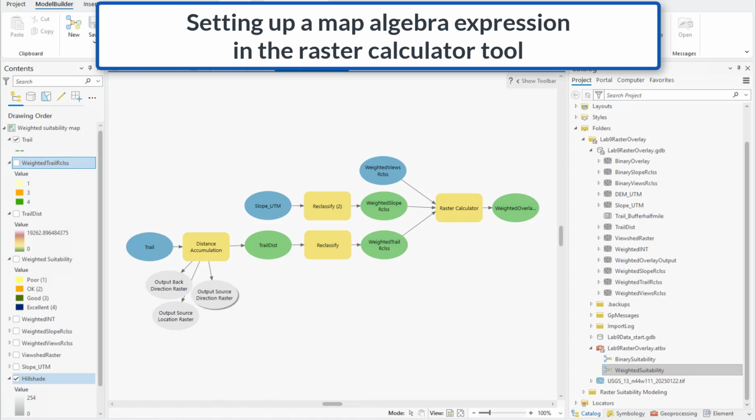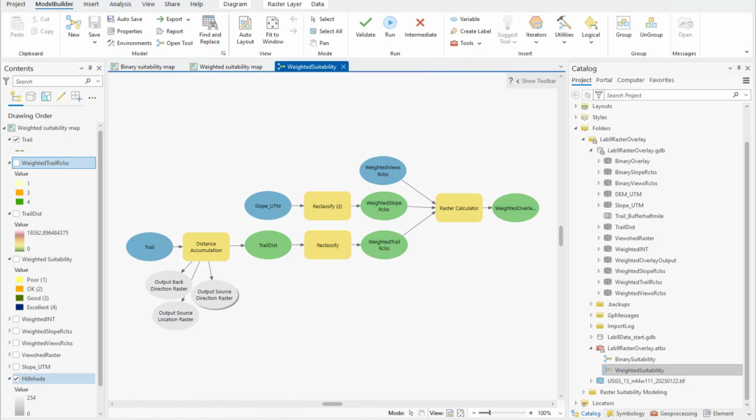In this video, let's take a look at the Raster Calculator tool and how we can use it to run a map algebra expression. So we're in the model for Lab 9. I'm looking at the weighted suitability model and the weighted suitability overlay